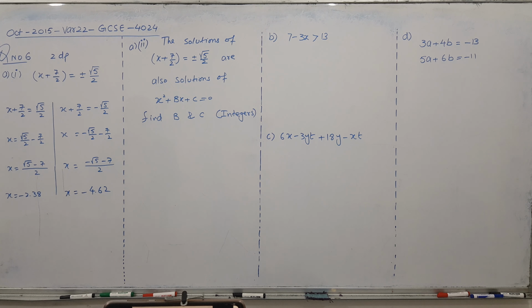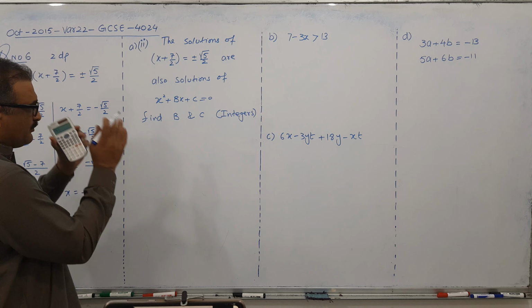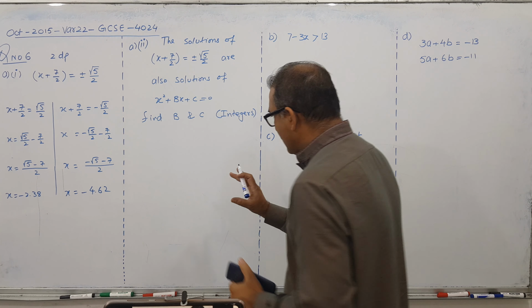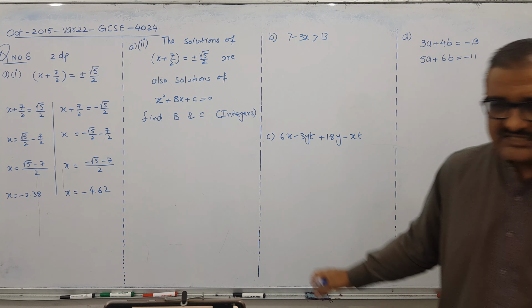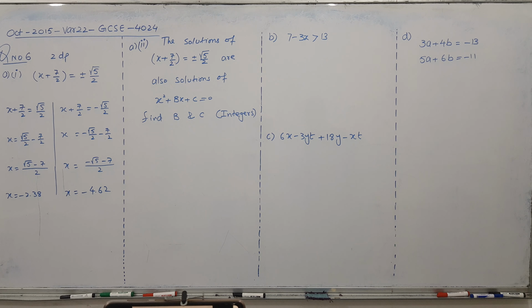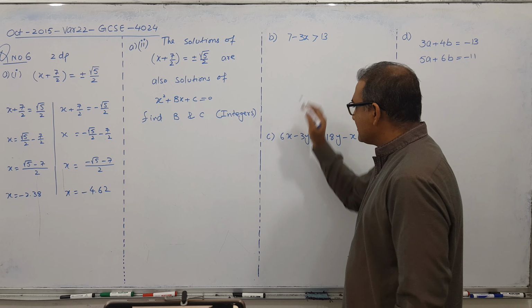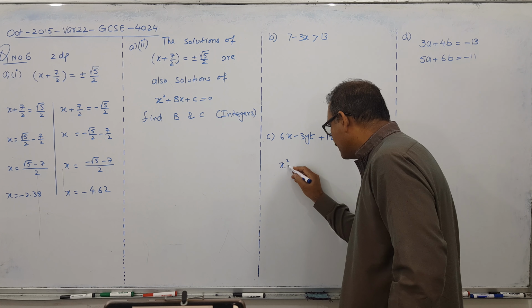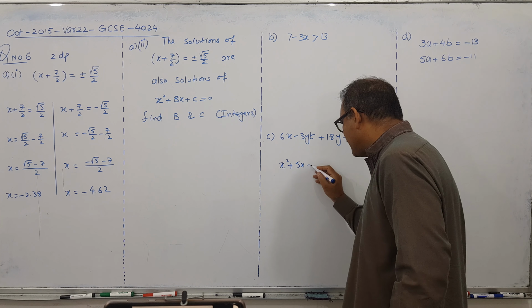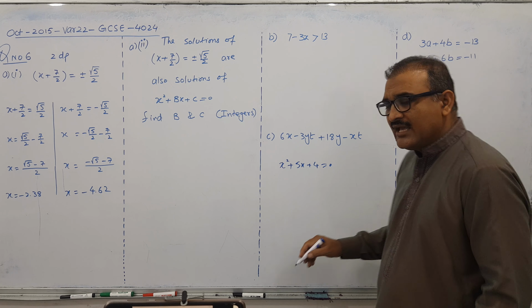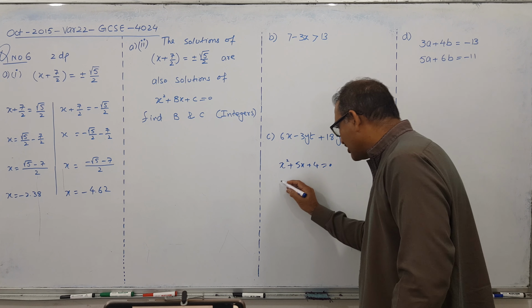Okay. Let's start the most important question. This is the most important question. The best technique: I will make a small example here. If you understand this example, the question becomes easy for you. Forget this question for now. I have x to power 2 plus 5x plus 4 equals 0. This is a quadratic equation. Get the answer by the factorization way.